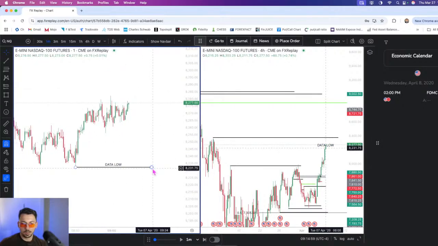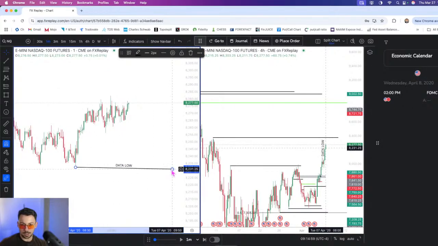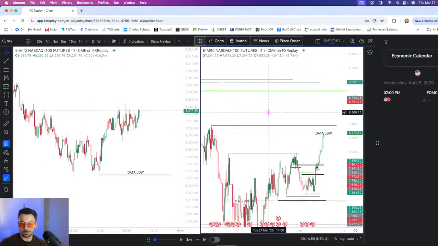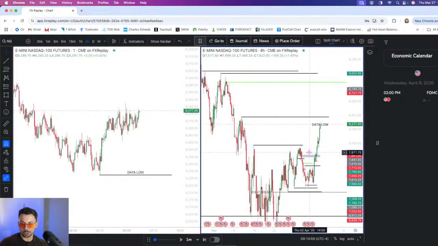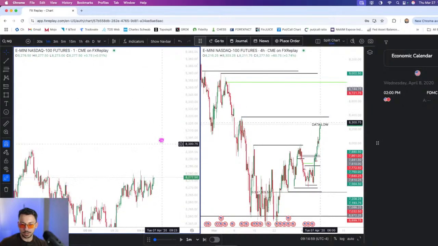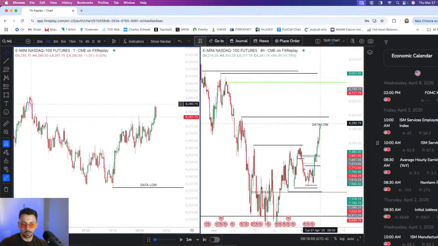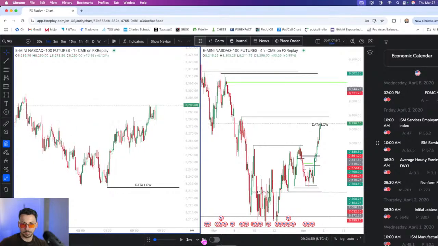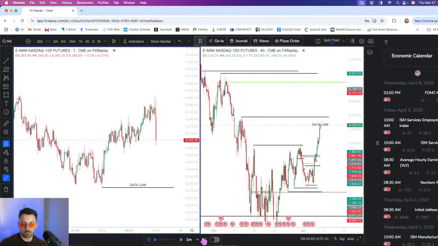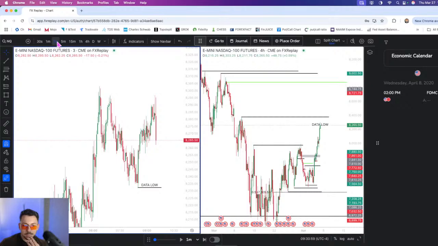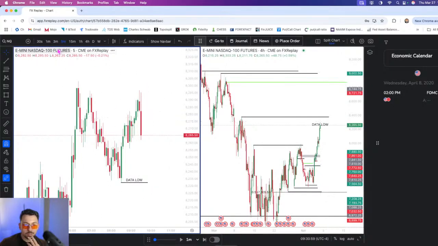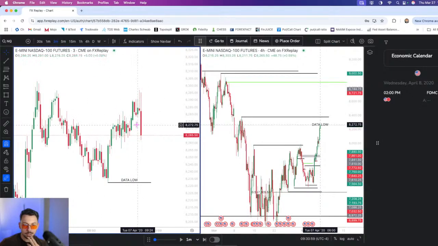Okay. So let's see if we can get some kind of an A+ setup down to the data low. But for now, this is very bullish, right? We've swept quite a bit of liquidity, but we do still have an internal high above us. So let's let the market play out and see what happens here. Rejection from this 1 minute. No A+ setup to the downside. Ooh. No, nothing that I like here. There is a tiny fair value gap here, but not good enough for me to take.